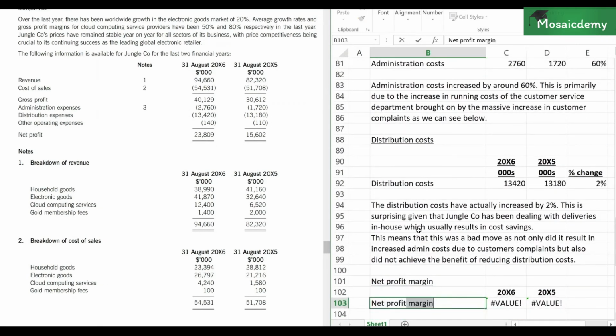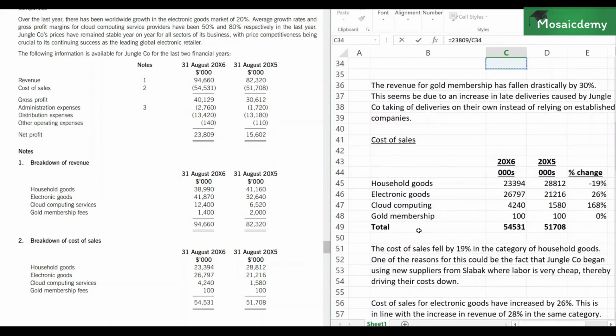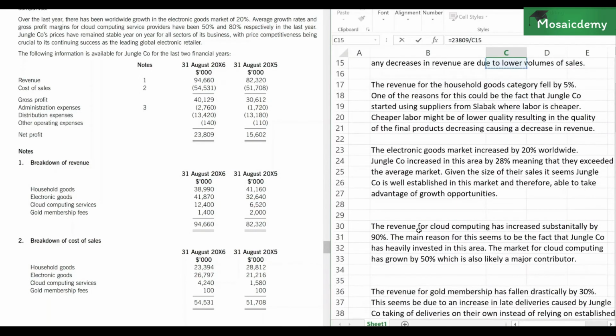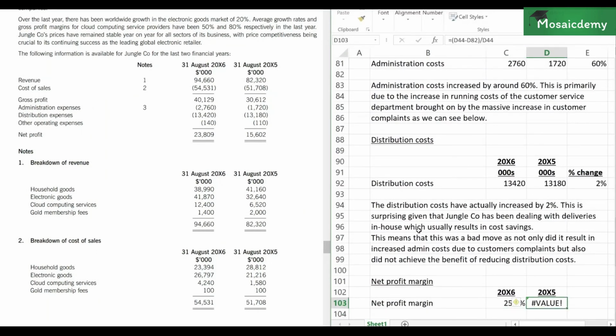Net profit margin. So in this case, we'll just key in the number directly, 23,809. Since we've already got the revenue number above, we can link this up there rather than keying it again. Okay, so over this, we'll copy the formula here, but just replace the 23,809 with